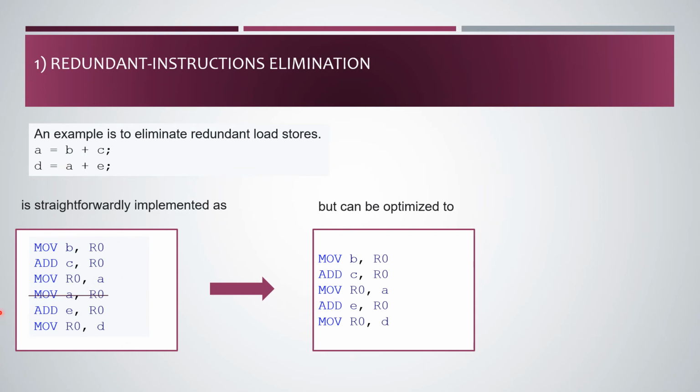Here this generated code has to be optimized. Where? Under this peephole, I am going to do a replacement, a peephole of the third instruction and fourth instruction. So the execution of the third instruction ensures that the value of A is in R0. Then why again do I have to move the content of A to R0? So I can delete this fourth instruction. So this generated code of 6 lines can be optimized to a generated code of 5 lines.